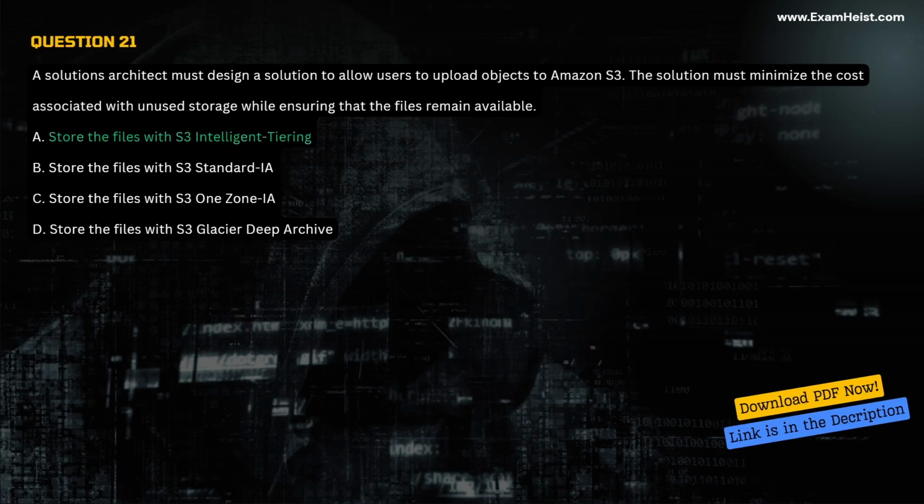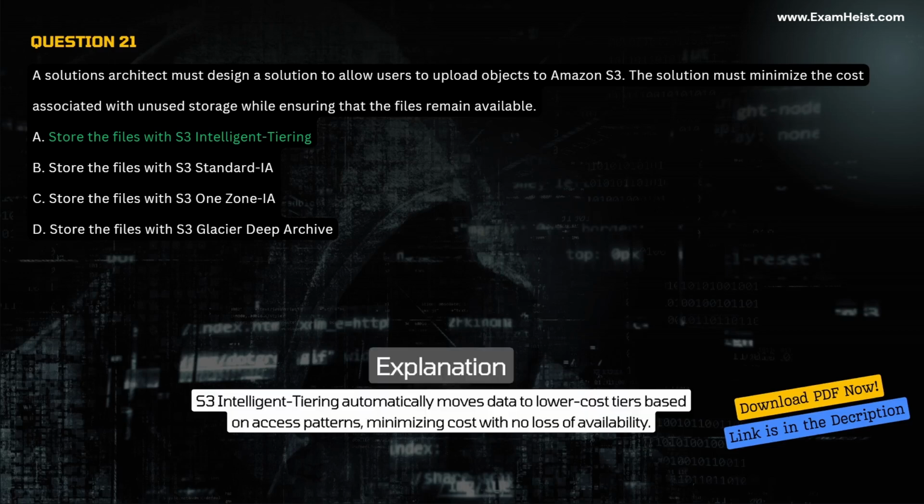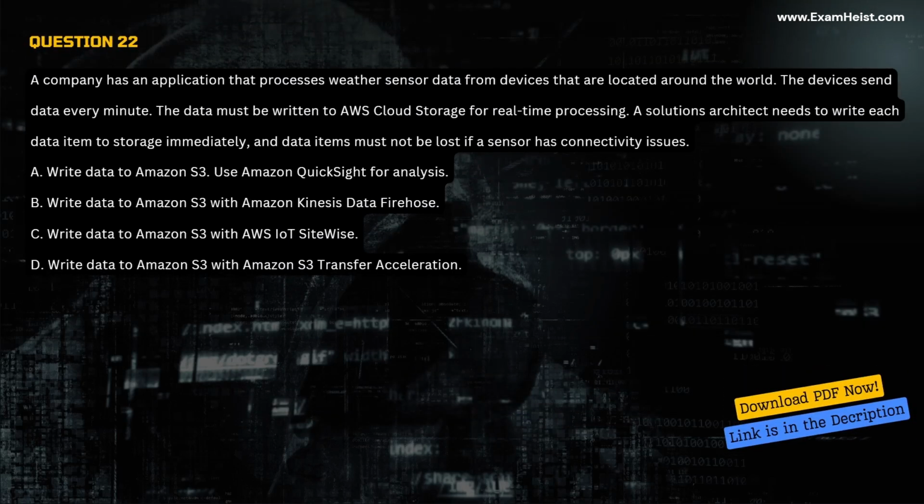Correct answer A. Store the files with S3 Intelligent-Tiering. Explanation: S3 Intelligent-Tiering automatically moves data to lower-cost tiers based on access patterns, minimizing cost with no loss of availability. Question 22. A company has an application that processes weather sensor data from devices that are located around the